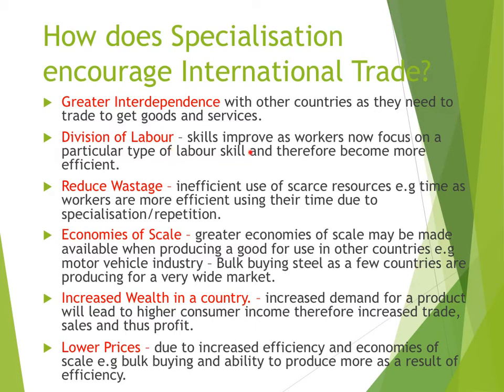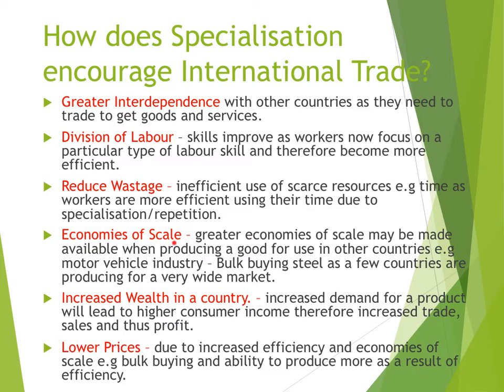Division of labour, so skills improve as workers now focus on a particular type of labour skill and therefore become more efficient. So we know that that's one of the economies of scale that we see, efficiency. Reduce wastage, so inefficient use of scarce resources. Example being time. So as workers are more efficient, they're going to use their time more efficiently because they're participating in specialisation. But we know that that's partially repetition. So they repeat the same job every day, and obviously as they repeat, the more they repeat it, the better